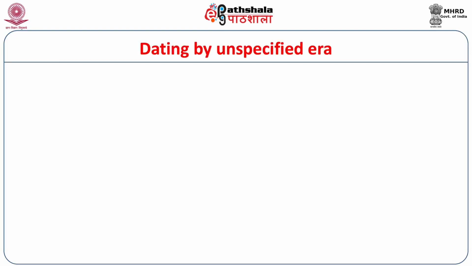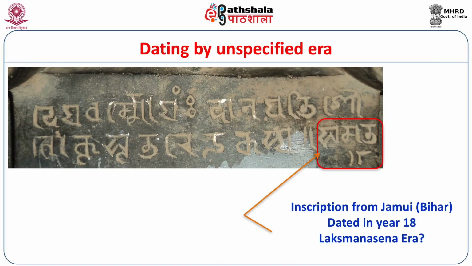Now, the third type, dating by an unspecified era. This example is from an inscription which is now preserved in the Jamui Museum in Bihar. This is a two-lined inscription which reads in the Gaudi script of the 12th century, Deyadharmoyam Danapati Shaubaku Suta Vedakasya, followed by a stop, and then Samvata, two digits, 1 and 8. So this is the donation of a person named Vedaka, who was the son of Shaubaku, and this is dated in a Samvata, which is actually Samvat,